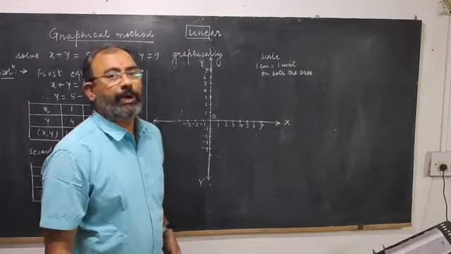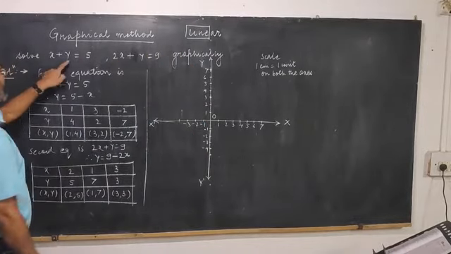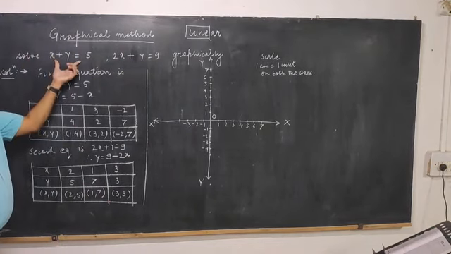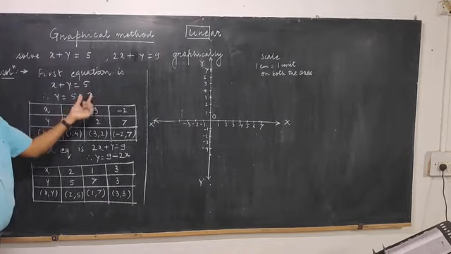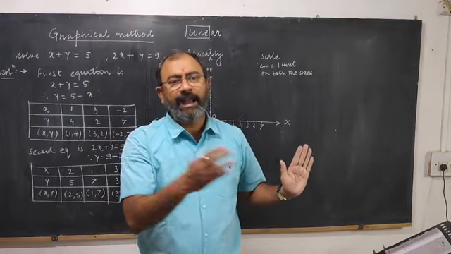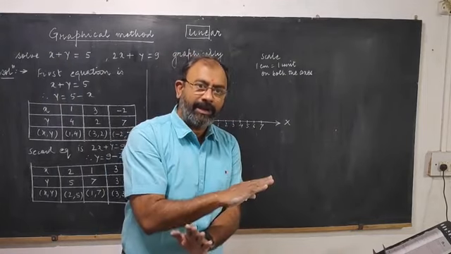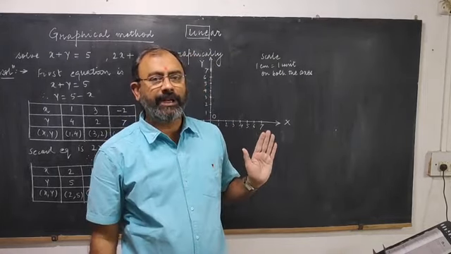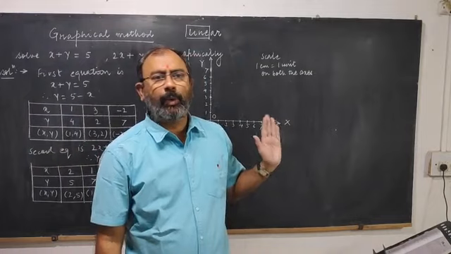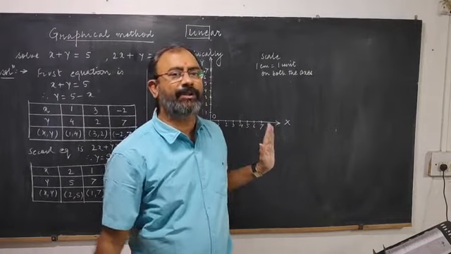Now you are given two equations and the question says solve these equations graphically. So you have to rearrange the first equation, x plus y equal to 5. Rearrange it in such a way that you keep y on the left hand side and all other terms on the right side. This is not compulsory. You can keep x on the left side and write y on the right side also. Theoretically, both are correct. But as a tradition, y is normally written on the left side and the terms containing x on the right side.